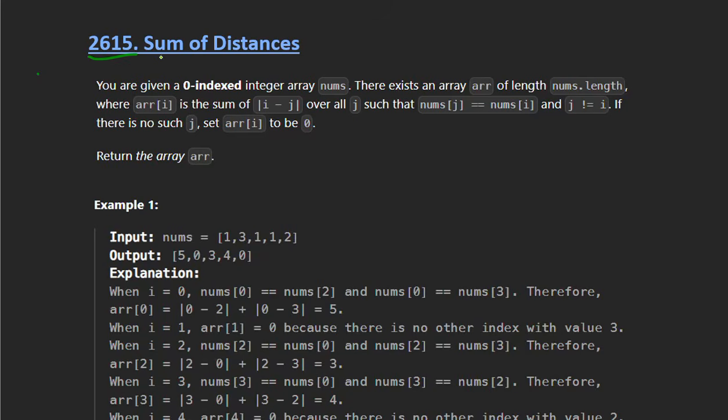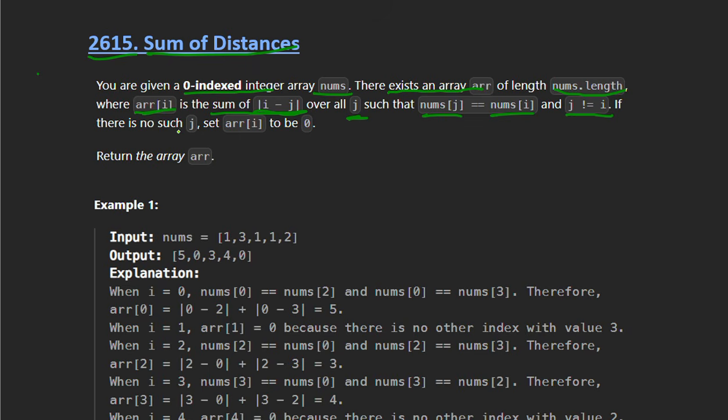So our today's LeetCode question is 2615, that is Sum of Distances. Basically in this question we are given a zero-indexed integer array named nums, and it is given that there exists another array whose length is the same as the length of the nums array, where each element of that array is the sum of the differences of the indexes |i minus j| over all indexes j such that nums of j is equal to nums of i, and both indexes j and i should be different.